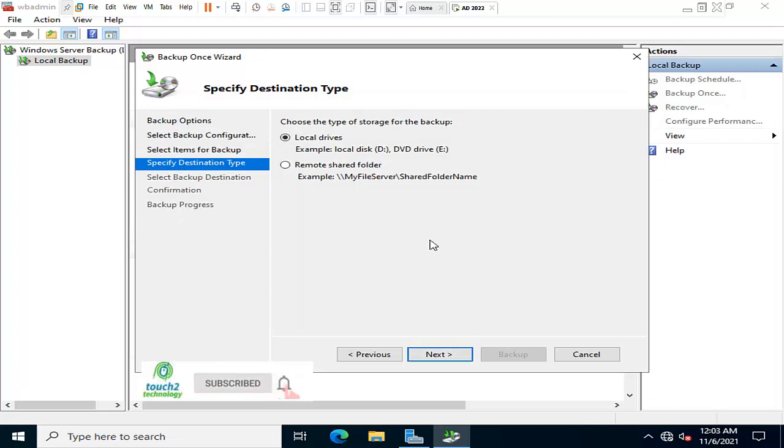Here it shows choose the type of storage for the backup. You need one local drive like D drive, E drive, whatever your drive, but a local drive is required. Either you can store the backup on a remote server or remote folder. I am just taking the D drive for this demonstration.